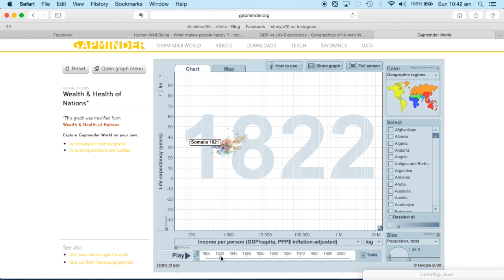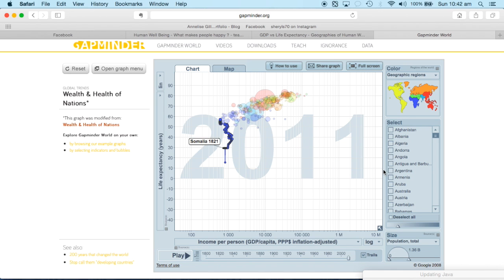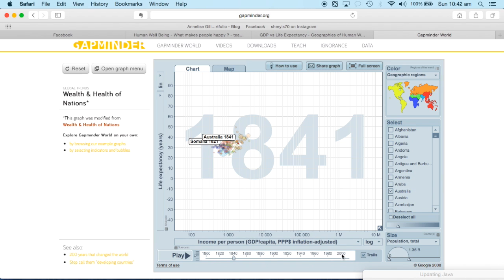So if we go back to 1821, their average income was $743. But if we have a look at Australia's average income and we go back to the 1800s, let's just play that through,